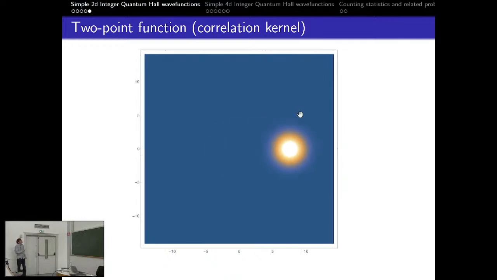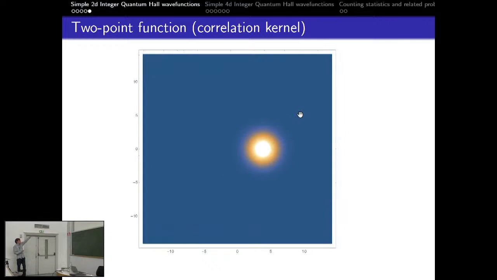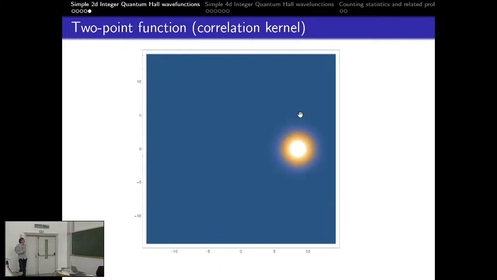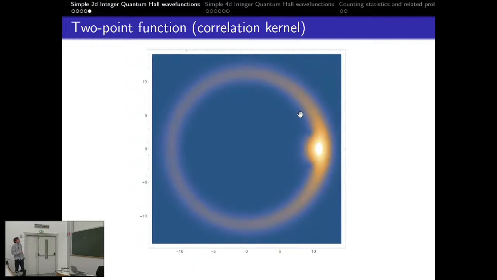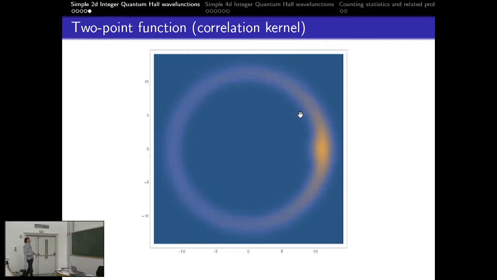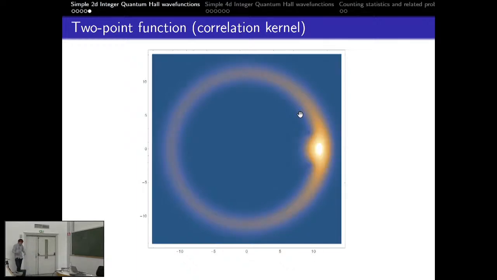And what I want to do is just to move this closer to the edge of my circle. And if you do this, you get something funny. I hope you see it. So here I just move it horizontally. And here you see that at the edge it doesn't decay so fast. In a way that's what you could call a signature of an edge mode.